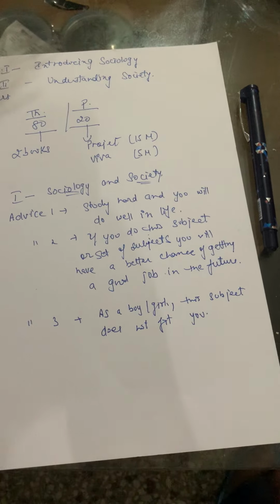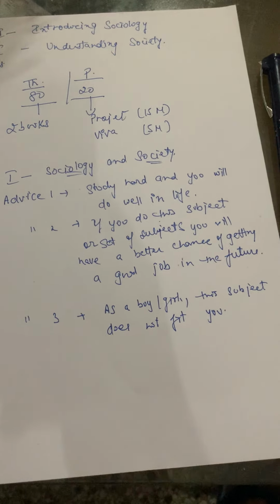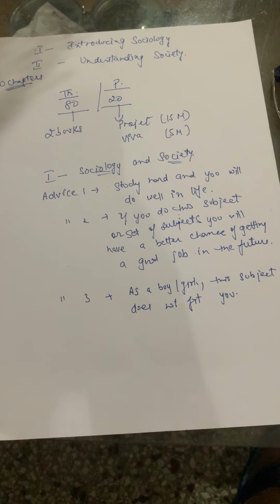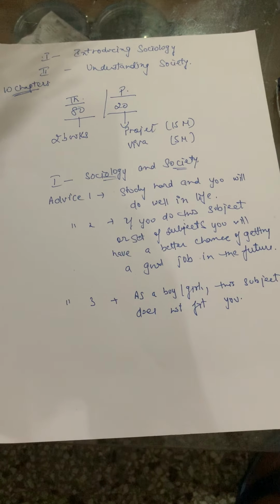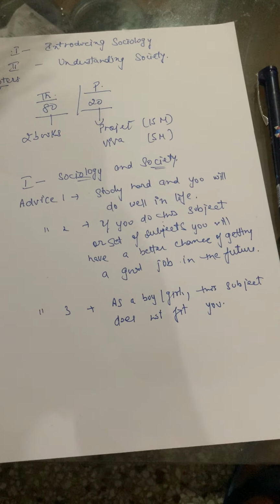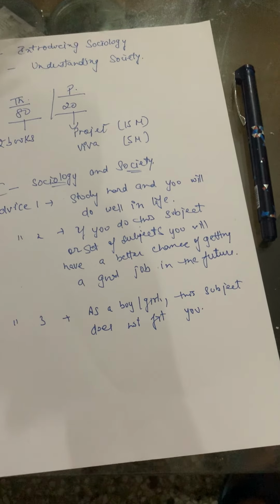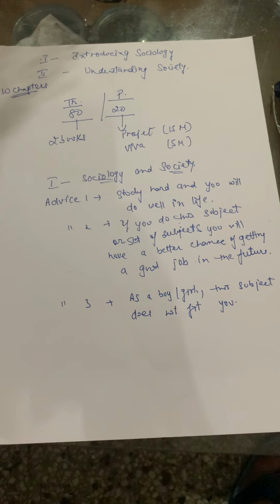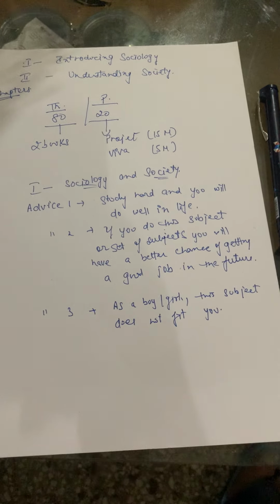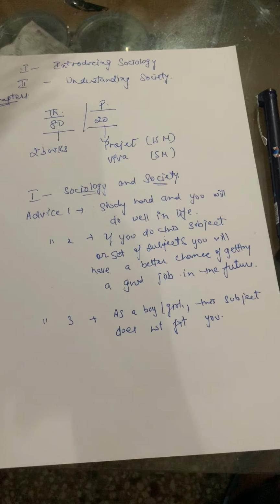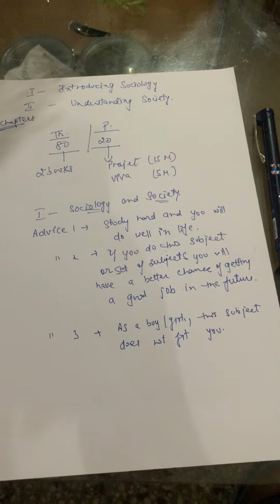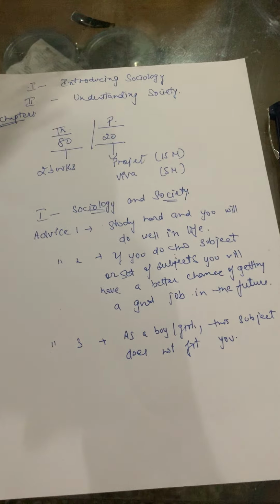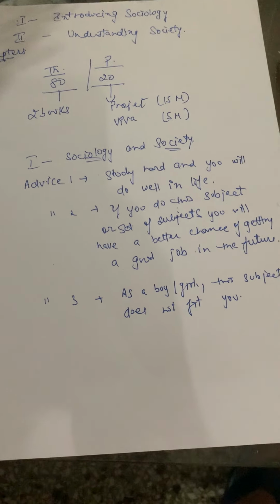What is the socio-economic status of the family? Where should I get a better house? Where should I go for a house which has better facilities around? And obviously gender plays an important role. So these are the three factors that play an important role, or the advices that we have just covered. That's what makes up a society. So the first chapter, sociology and society, is all about understanding the perception of the people, and how it affects the society at a larger level.